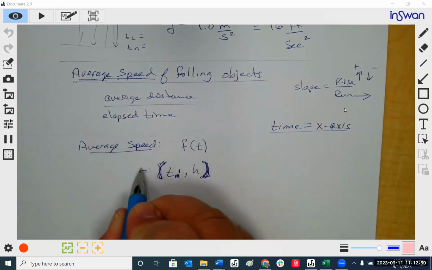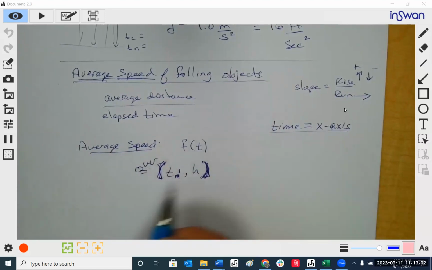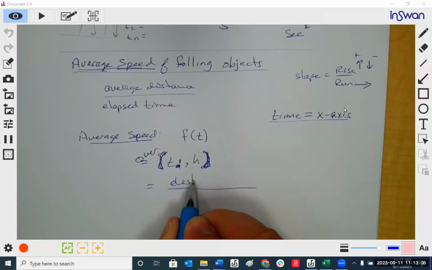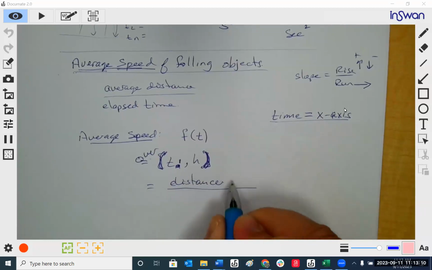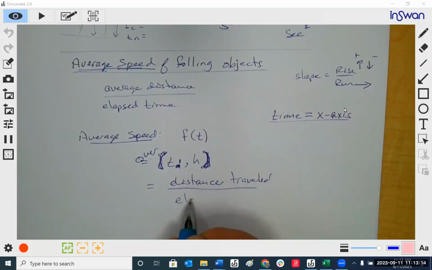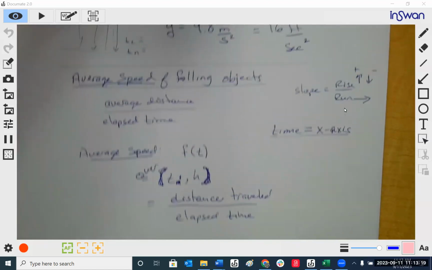So this is average speed over this, equals the distance traveled over the elapsed time, which is equal to